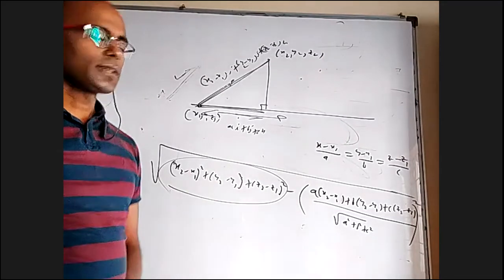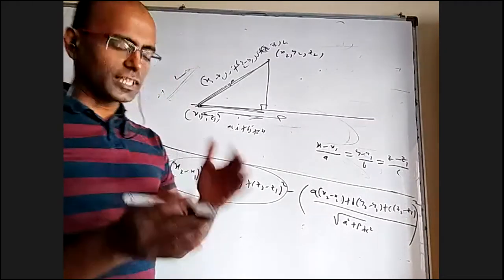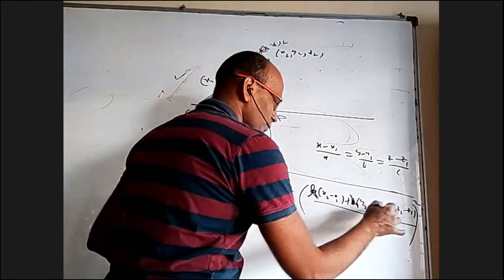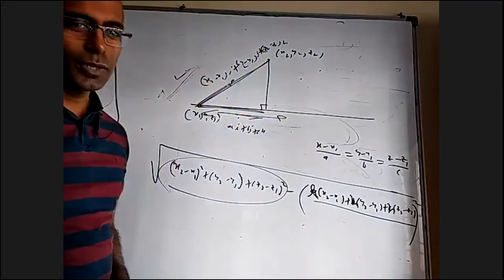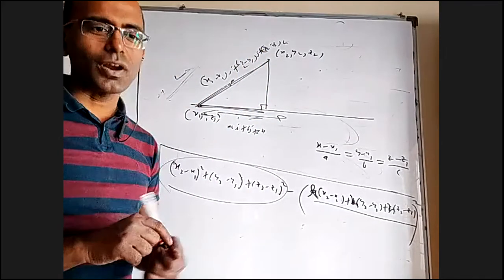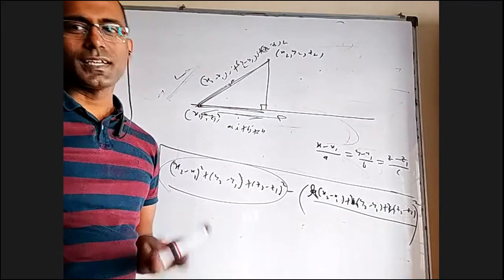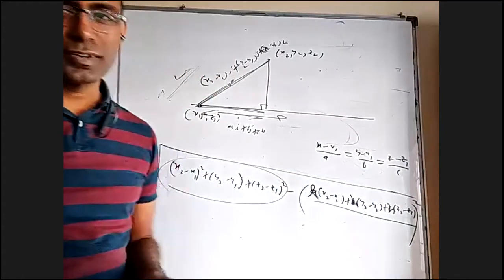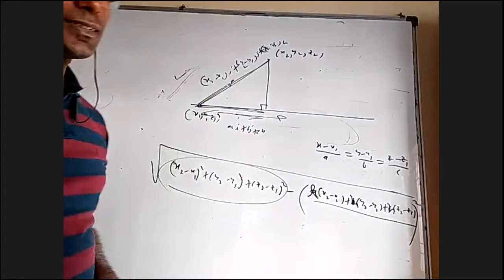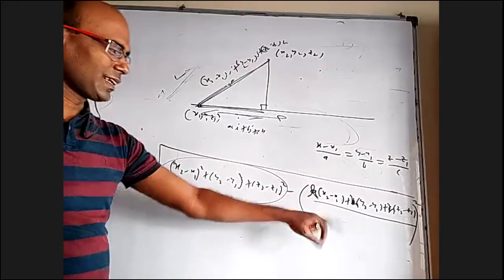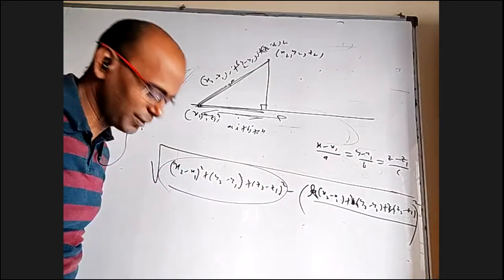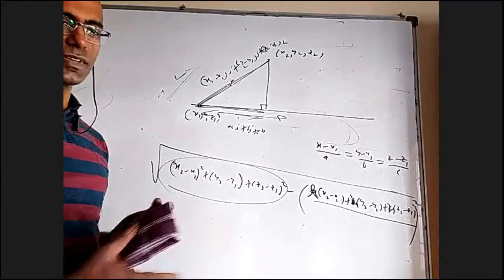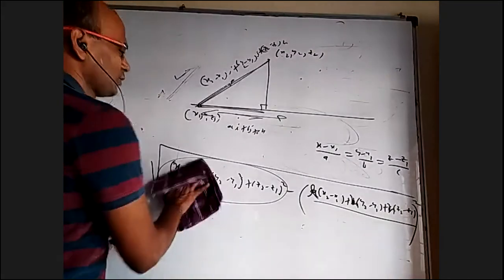Yes, sir. Sometimes, just to make the formula look a little smaller, they will remove this and write the direction cosines l, m, n here. But you have to understand that l, m, n are DCs, not DRs. If you don't realize that and simply put a, b, c in place of l, m, n, again you'll get the wrong answer. If you put l, m, n, at least the denominator is gone, so it appears easier. But still, the point I'm telling is it's a method. If you understand, it's very easy. Nobody has to tell you any formula about it.